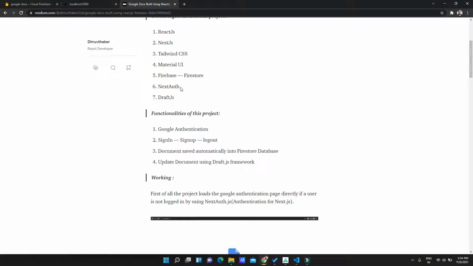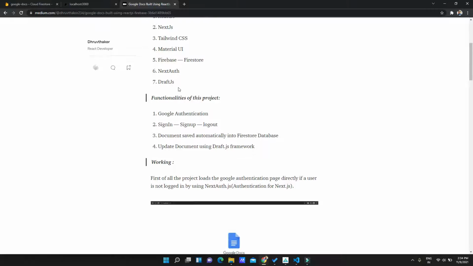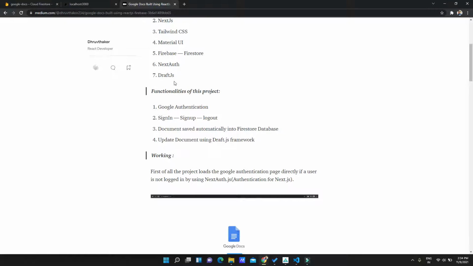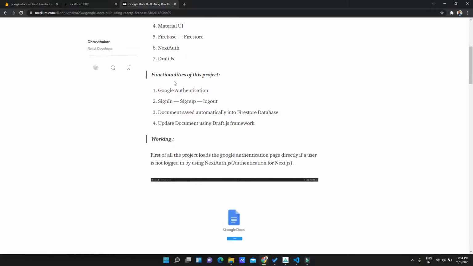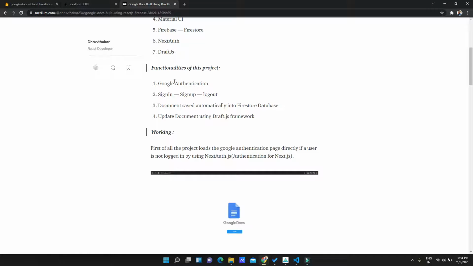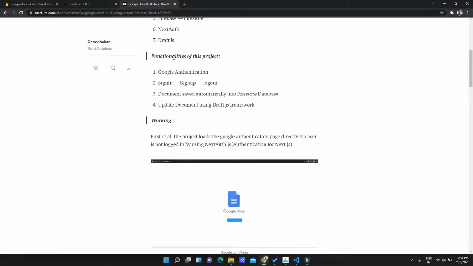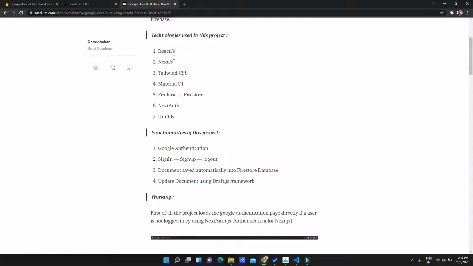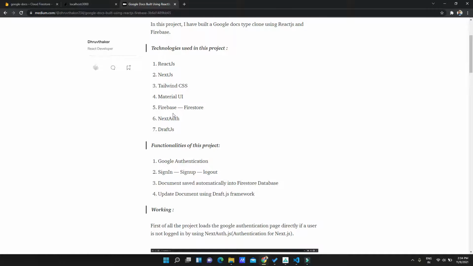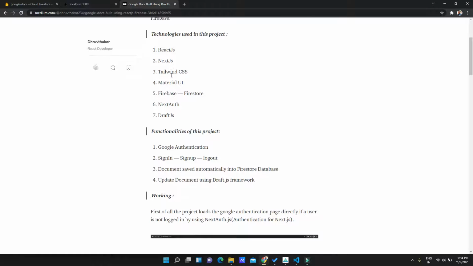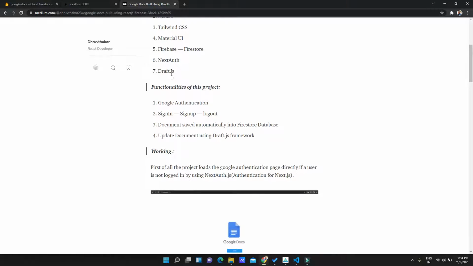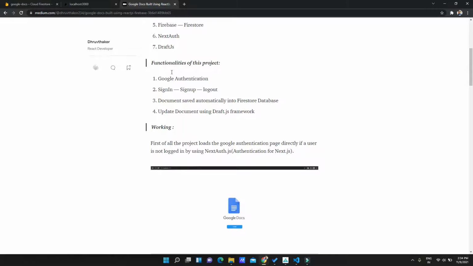NextAuth is used for authentication in the Next.js application, and Draft.js is used to create, update, and delete the document, which is used to create and write the document or anything else. So these are the technologies which I have used in this application, and the functionalities of this application